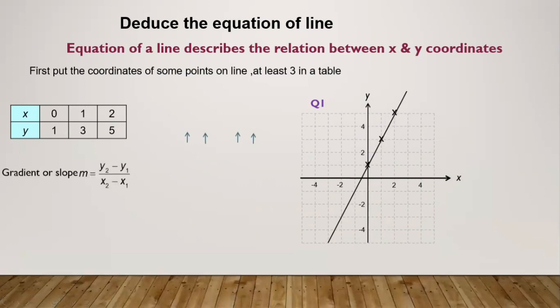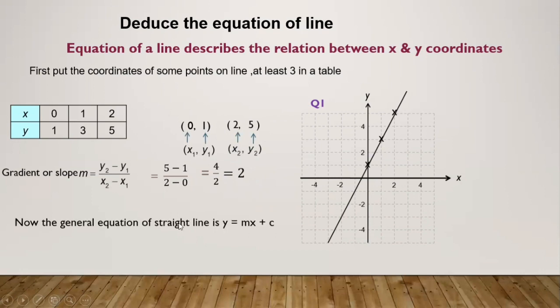Now first we find the slope of a line. The formula again is y2 minus y1 upon x2 minus x1. Any 2 points out of these can be taken as x1 y1 and x2 y2. So let us take 0 and 1 as our x1 y1 and let us take 2 and 5 as our x2 y2. Let us substitute this in the equation. So y2 is 5 and y1 is 1, so 5 minus 1. x2 is 2 and x1 is 0, so 2 minus 0. So we get the slope as 5 minus 1, which is 4. 2 minus 0 is 2. 4 upon 2 is 2. So this we got m now.